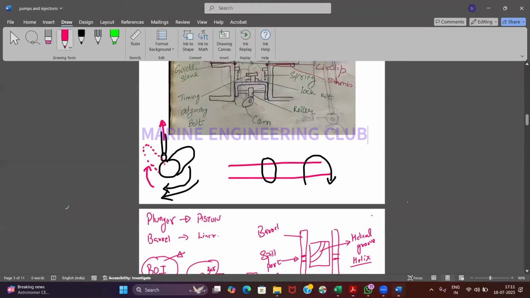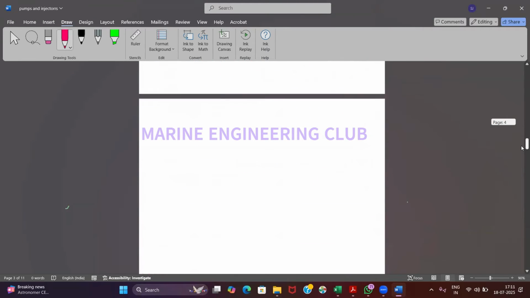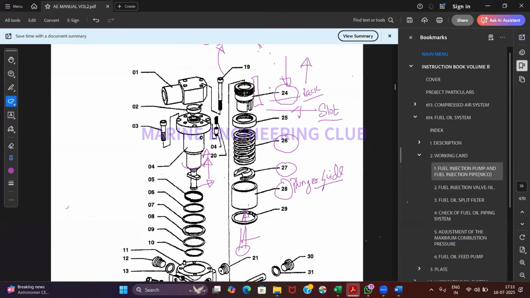Sir, can you one time explain the foot of the plunger, like what is its role, sir? Foot of the plunger. It is going inside the control sleeve. So, like, what is happening because of that? Now,